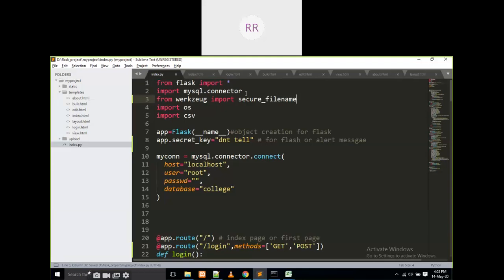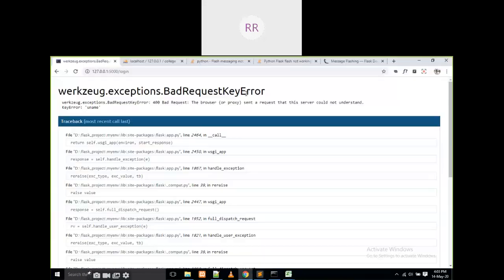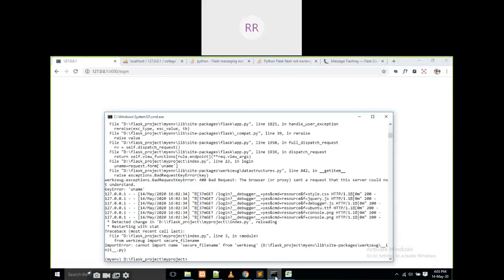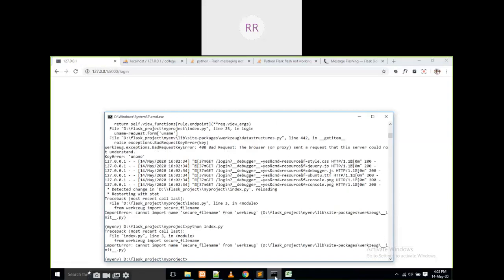This module we have to import, and if you execute it, there is nothing there. I have to install it or not.